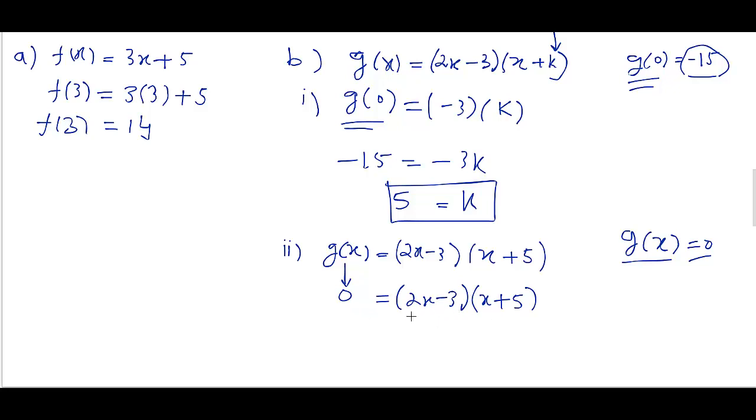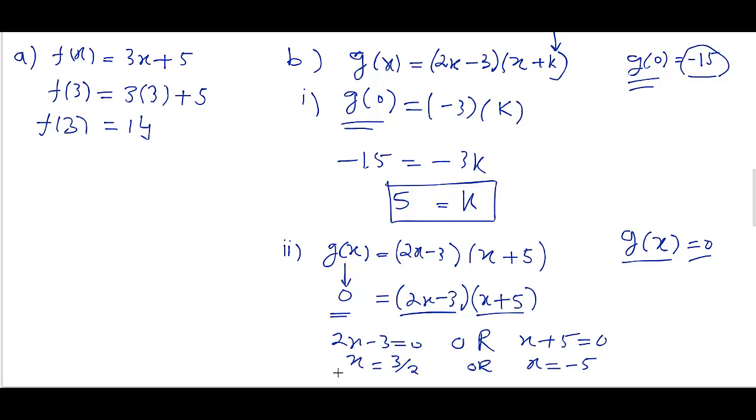So this is the factorization form of the quadratic equation, and these are two factors. And we know that when there are two factors and there is 0 on the other side, we know how to solve this. So we will write it like this: 2x minus 3 equal to 0, or x plus 5 is equal to 0. After solving this one, x will be 3 over 2, and solving the second equation, we will get x is equal to minus 5.